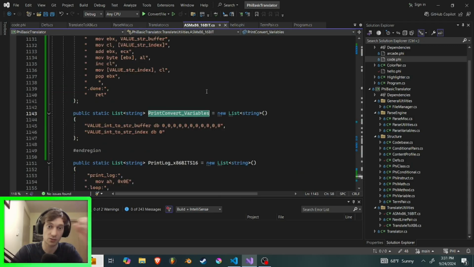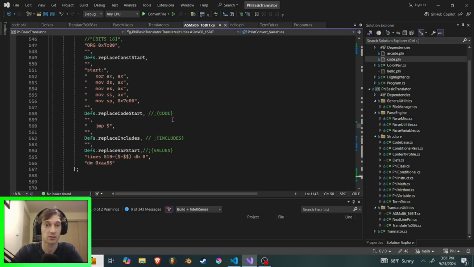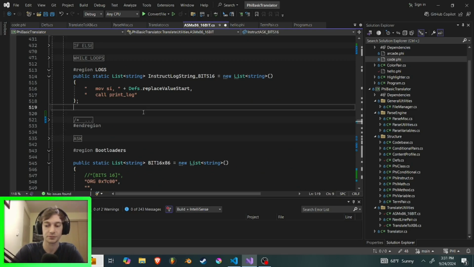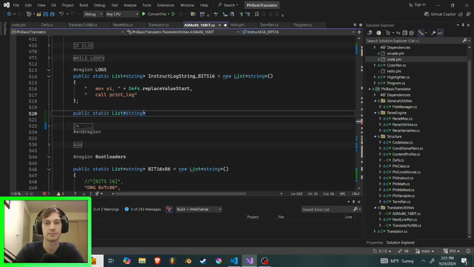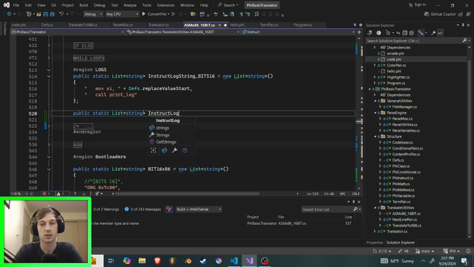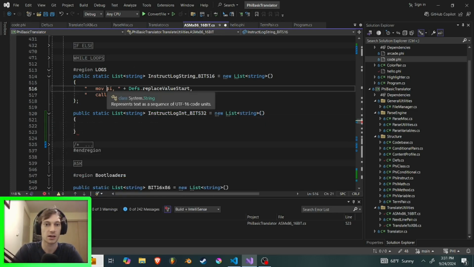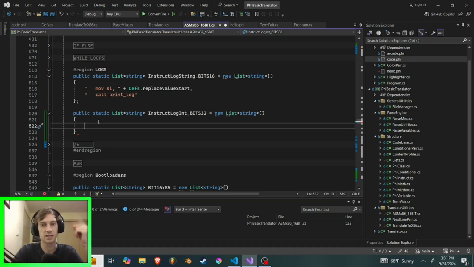So the last value we need in here inside the logging code, which is up here, is a public static list string instruct log int, and then bits. Technically we're using 32 in this, so we'll just label it as 32. This, I believe, would be ESI if it was 16, but you don't actually need that. In fact, you probably don't even need 16 because it's 1 byte at a time. But anyways,